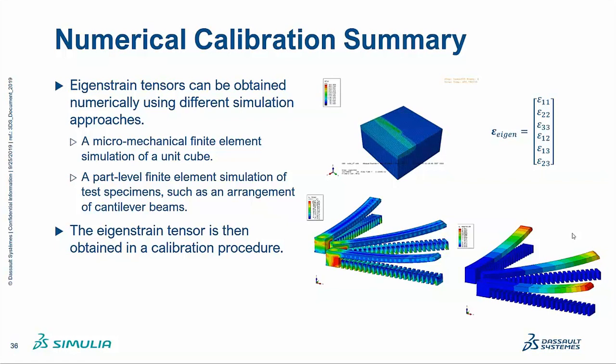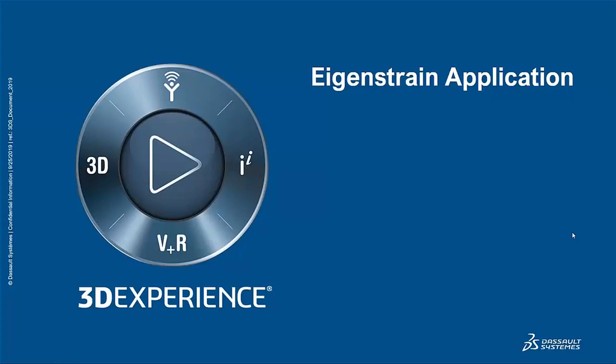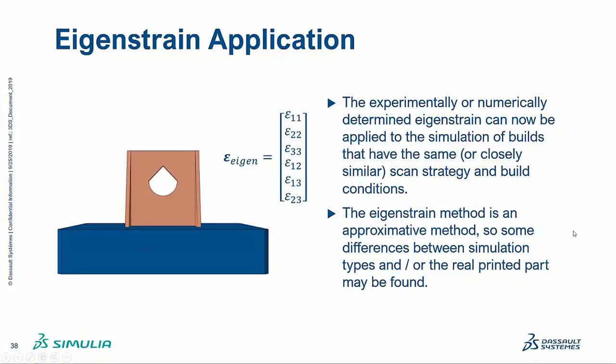So now we've learned where the eigenstrain comes from, and how to obtain the eigenstrain tensor. The next step will be applying it to real-sized or to other parts. In this section we will be looking at two examples for that. This is the first, a very simple example, just a random structure here, and the eigenstrain tensor is written here. This section talks about transitioning from the small model that we just saw to a